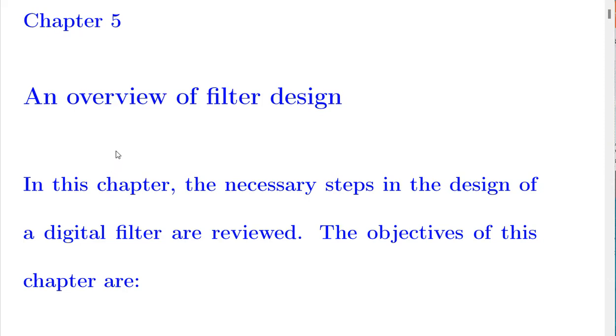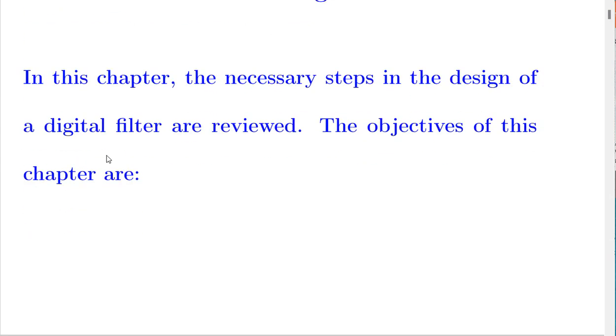Chapter 5. An overview of filter design. In this chapter, the necessary steps in the design of a digital filter are reviewed. The objectives of this chapter are